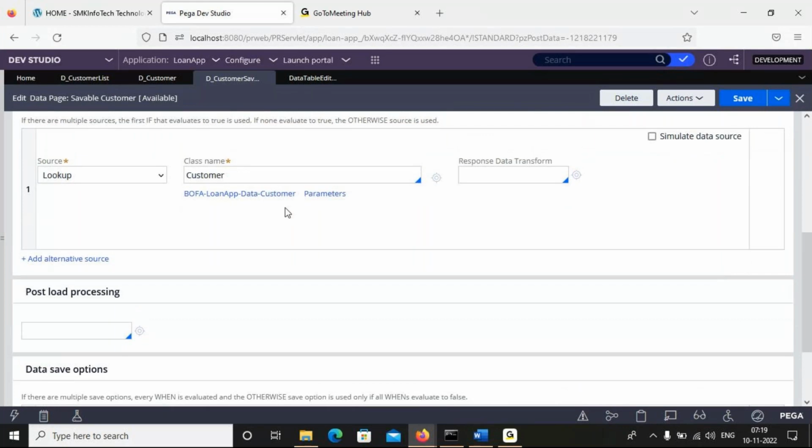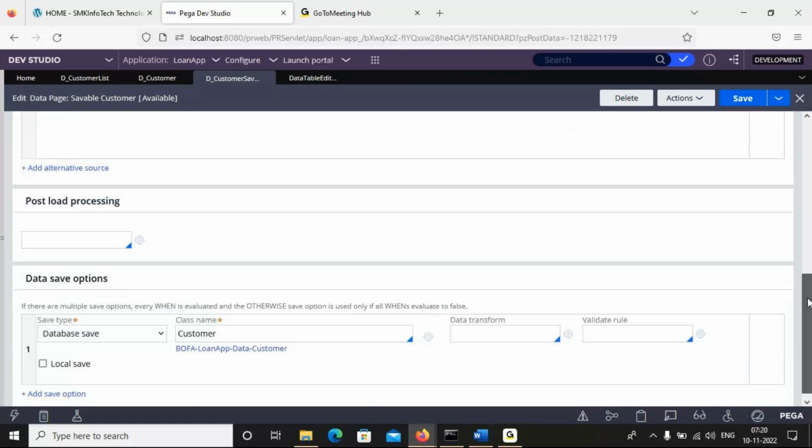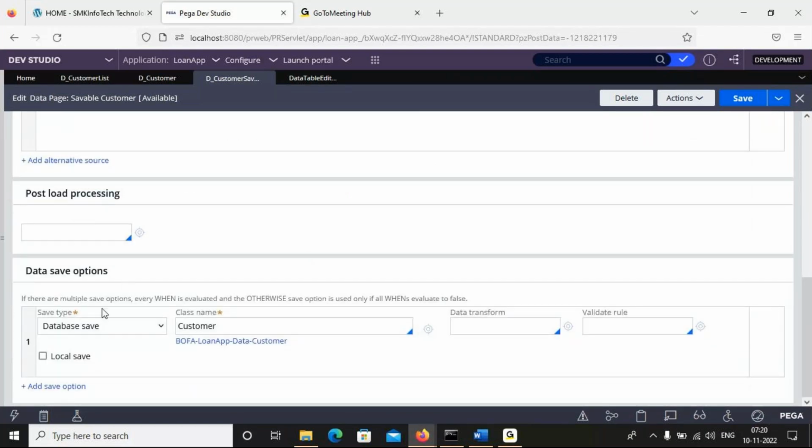Fetching the particular record, and I want to update the record in this table. How? Come down, there is the data save option. We can use the data save option. If you want, you can run this one. We need to set the data transform rule here. You don't have an idea what all these things are as of now.